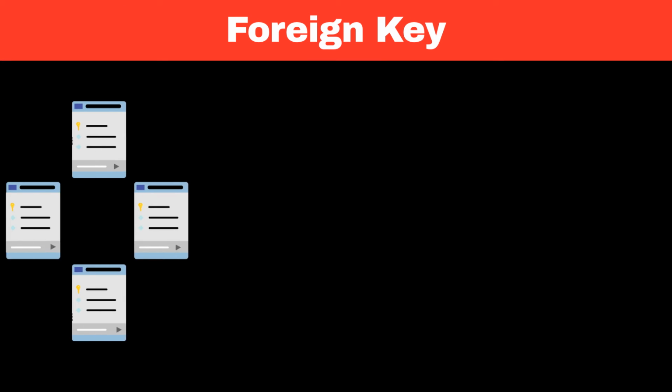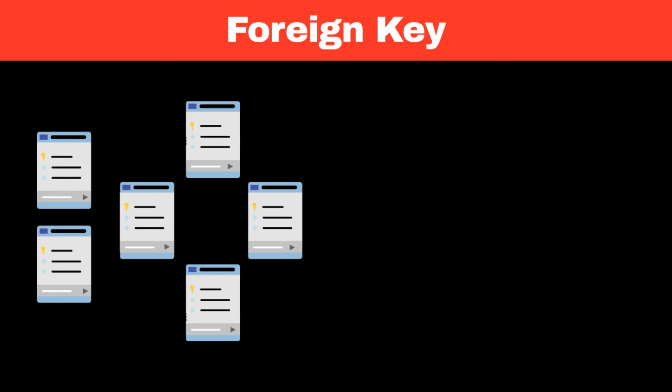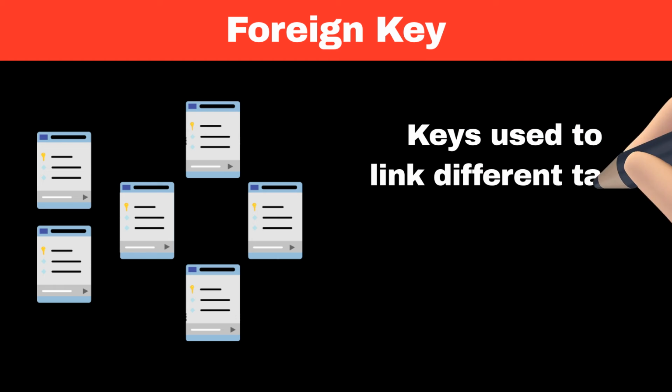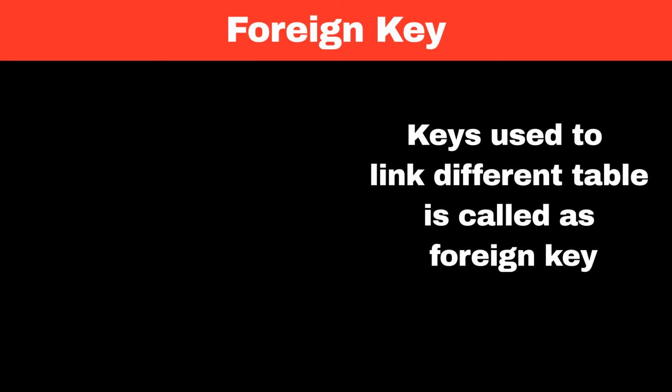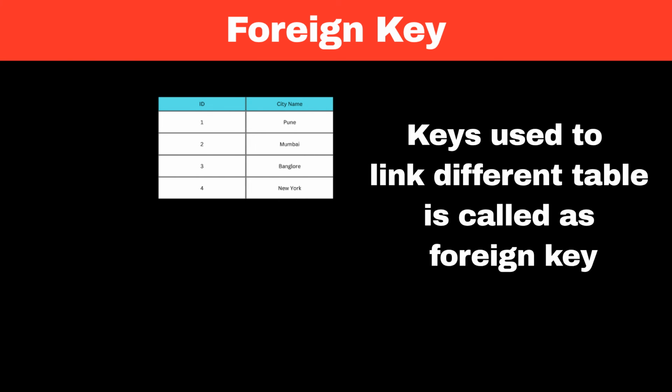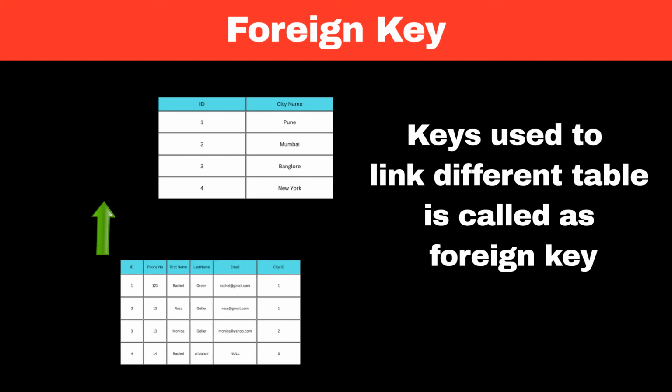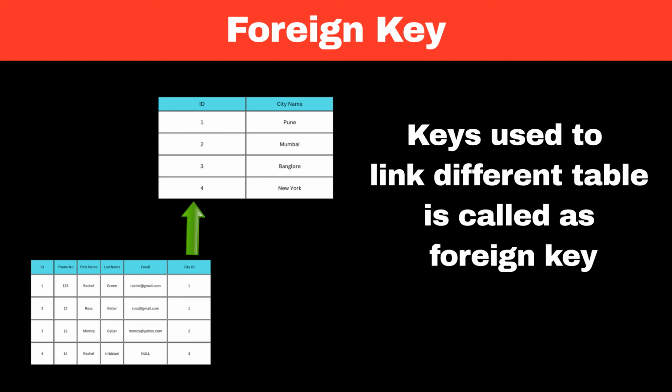The next and final key in our list is a foreign key. SQL is a relational database, meaning the database consists of multiple tables and these tables are linked with each other. The key used to link the current table with some other table, that is the foreign table, is called a foreign key. Consider we have another table called city and we want to know in which city each person from friends lives. So for achieving this, we will add a city ID column in our friends table which will store the ID of the city in which each person lives. In other words, city ID is linking two different tables. One is the current table and another is the foreign table. That's why city ID is a foreign key in our SQL table.